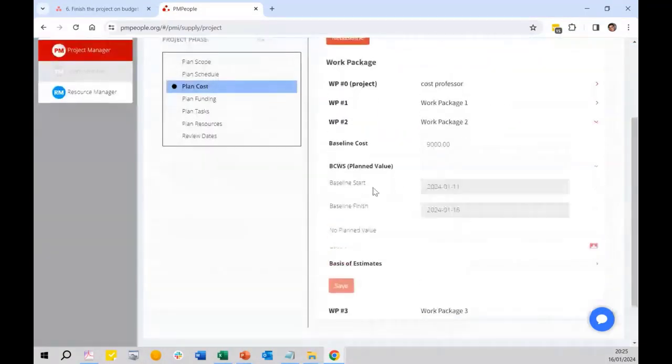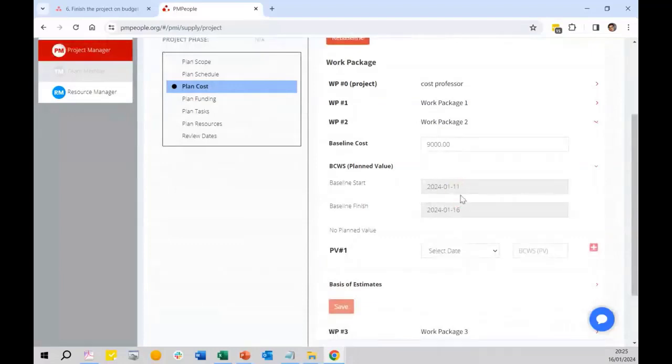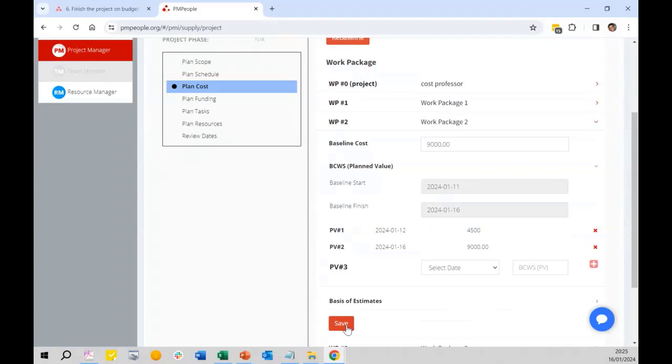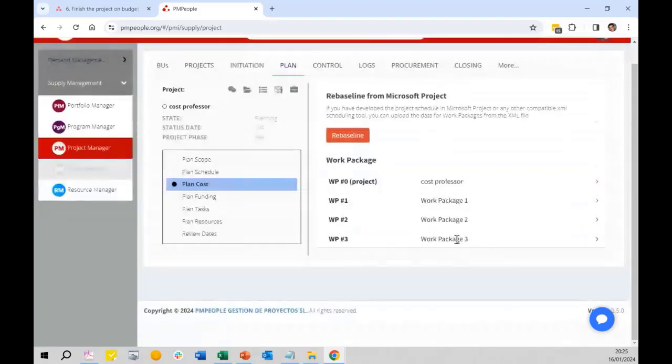With work package 2, I can do the same. This is spanning from this to this, so the first review is 12, second is 16, and that's it. Save. And for the third,